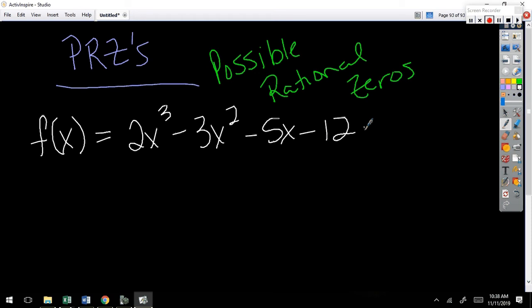Absolutely. You could try. The only thing you could do at this point would be to group it, if it would group. And when you look, it's not going to group, right? Because I can take an x out of the first two. I can't take anything out of the second two. They're not going to match. So it's not going to group. So I have two options. I can figure it out algebraically or I can graph. And I don't want to graph. I'm going to show you how to do it algebraically.